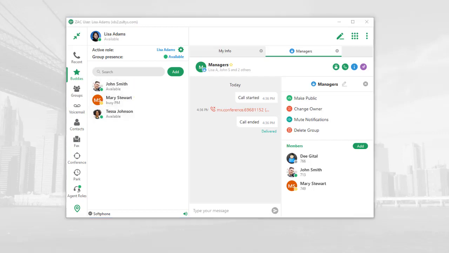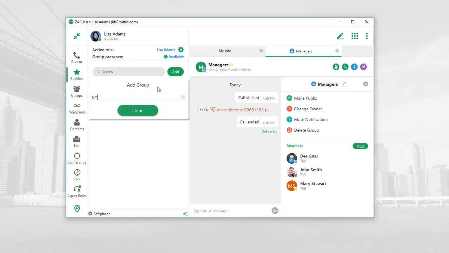One of the cool new things about ZAC 6.0 is the ability to organize your buddies into groups. For example, Tessa and John both work out of our New York office, and sometimes I'll get a phone call where somebody just needs to speak to somebody in New York. They don't care who. So I'm going to make life easy for myself. I'm going to add a group, call it NY,